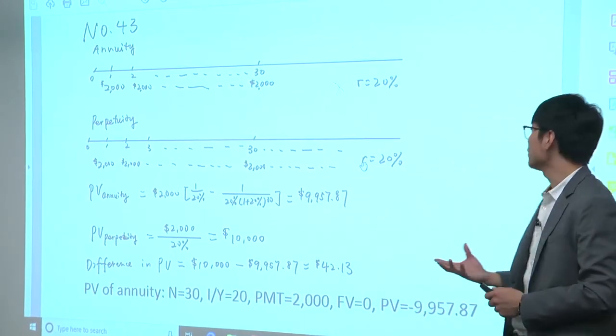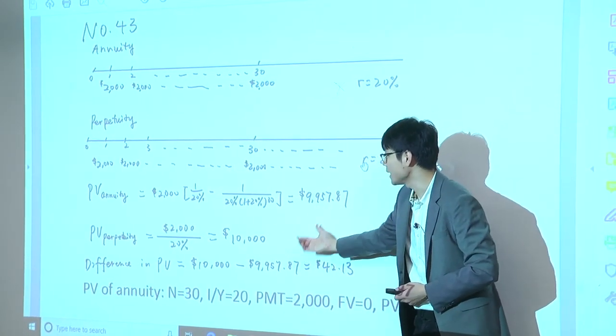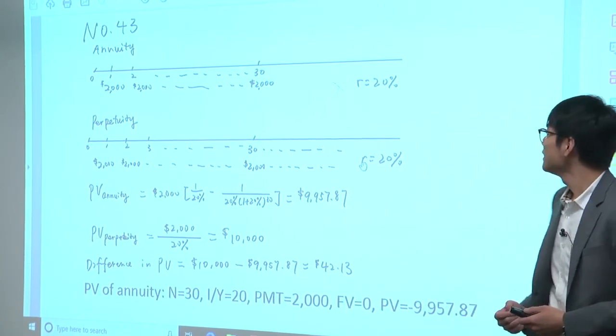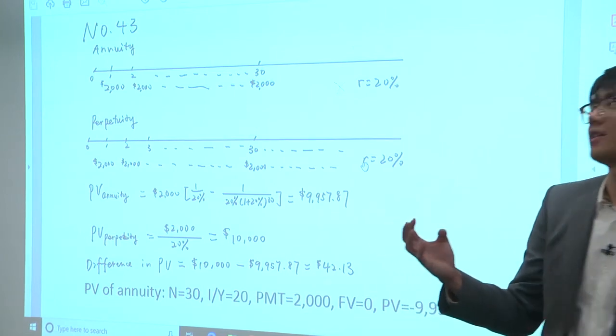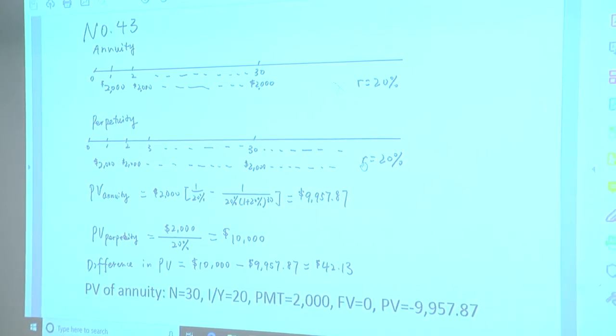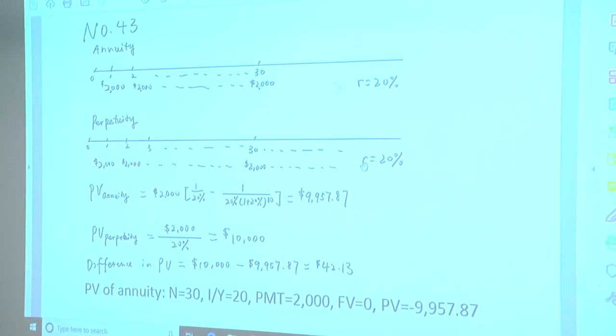But simply, we can calculate the value of the annuity and the value of the perpetuity and take the difference. You can notice here that the difference starts from the 31st year: $2,000 every year, forever. That sounds like a big number, but look at the difference here. It's only $42 today, because in 30 years, that $2,000 is not worth so much today. Any questions? No? We're good? Okay.